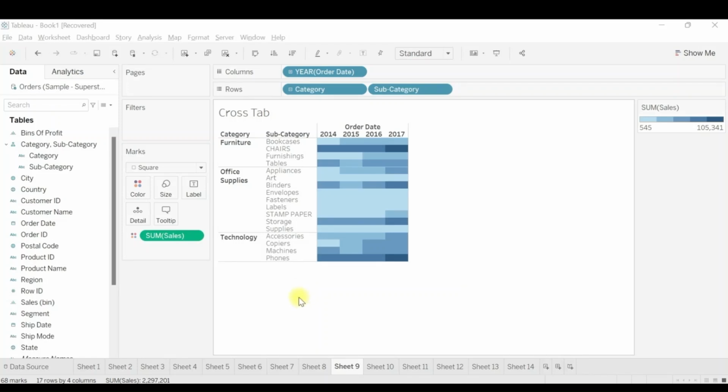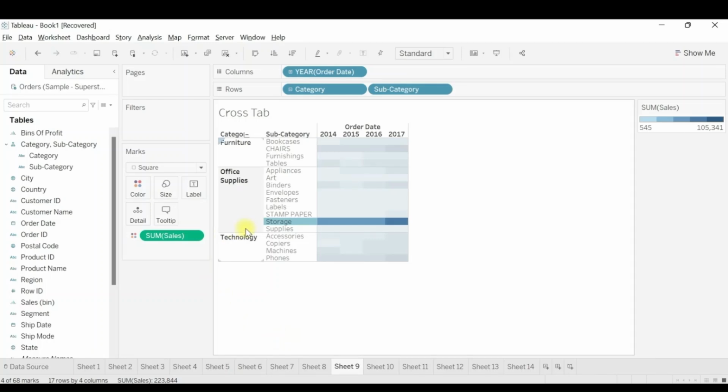This requirement can be solved by creating groups for these two rows of the data set. Let's see how to create it. The very first way is, on the visual itself, we can select storage, press shift on your keyboard and then press supplies. After you press shift and select supplies, or the second or third value to which you want to create a group, you will see both of the rows are selected and the other data is deselected.